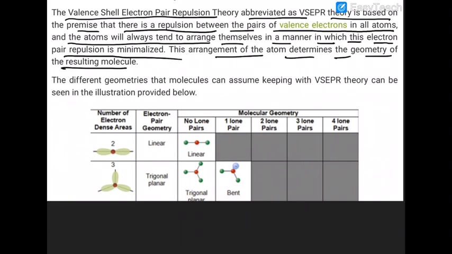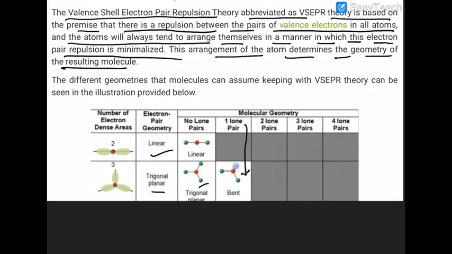Are you sure about that? So what can happen if the number of lone pairs is what? Now here you can see the number of lone pairs is 0, only bond pairs are present, then it is linear. Here also, what can happen? If the number of lone pairs is 0 in the second case, then it is trigonal planar. But if one lone pair is present, then it is called bent shape.